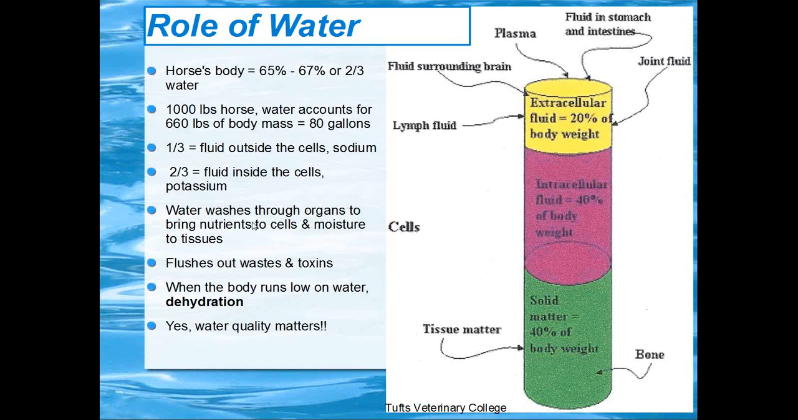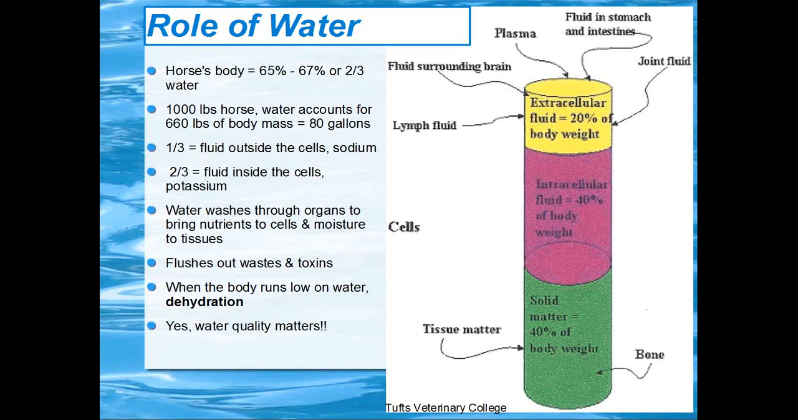Water washes through the organs, bringing nutrients into the cells and moisture to the tissues. Flushes out waste and toxins. And what happens when we run short on water? Dehydration, which is another term that is widely used when we're talking about electrolytes, because that's what we're trying to prevent from happening. And yes, the water quality that you provide your horse does matter,